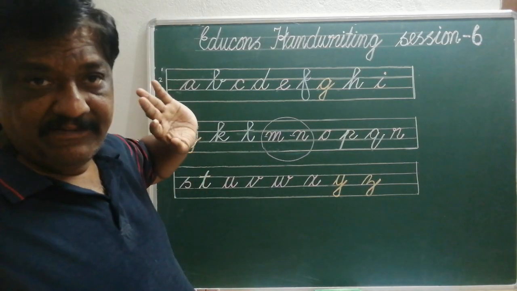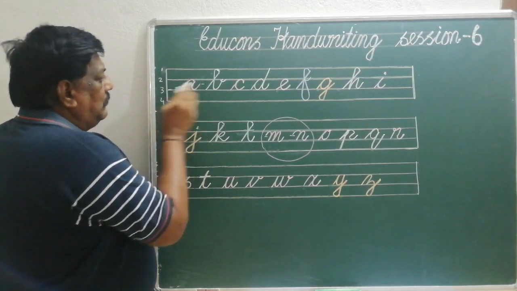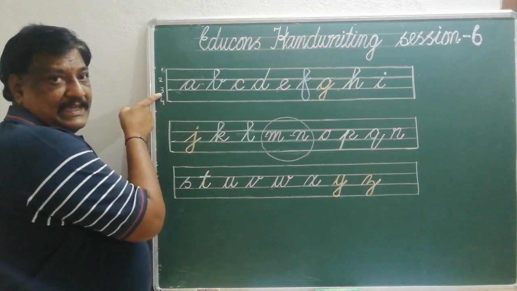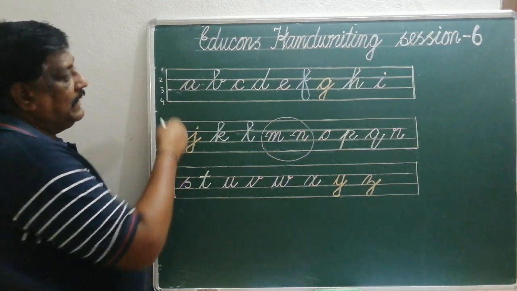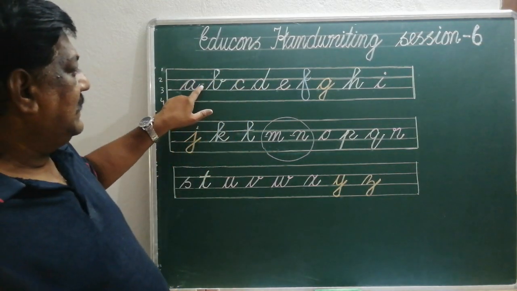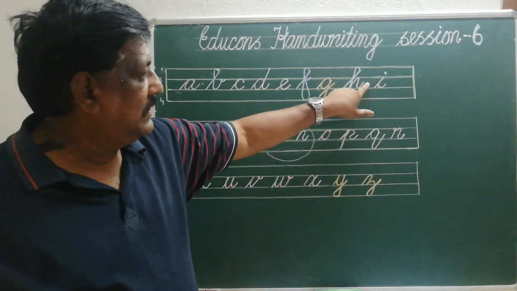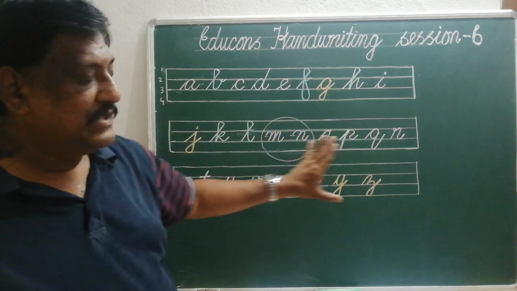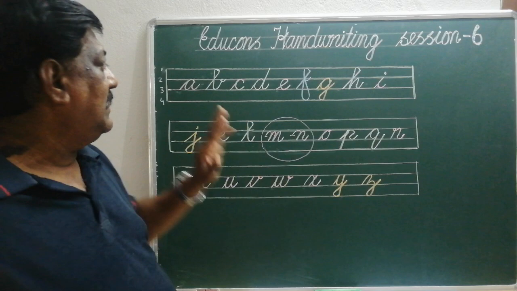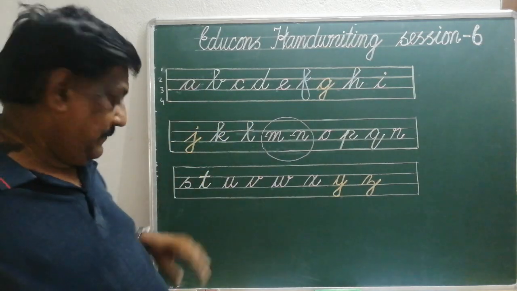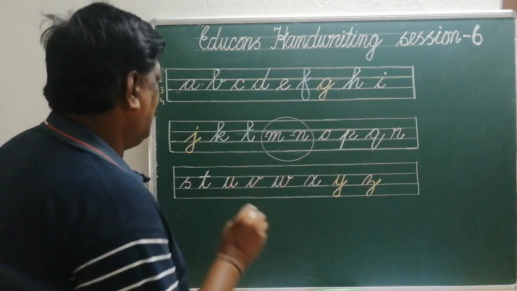Again, ending we will see. Okay, we'll start from the first letter. Mostly the ending is in the middle of the second and third line. Okay, now we will check. It is ending here, here, here, here, here, here. And if you check all these letters, there are only 5 letters which are not ending in the middle. Okay, instead of a circle, I will just make it square, right?